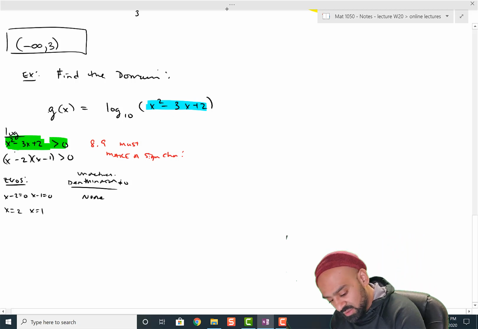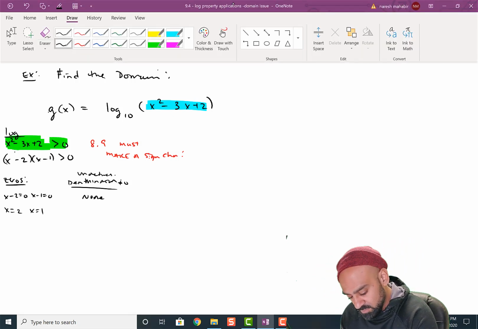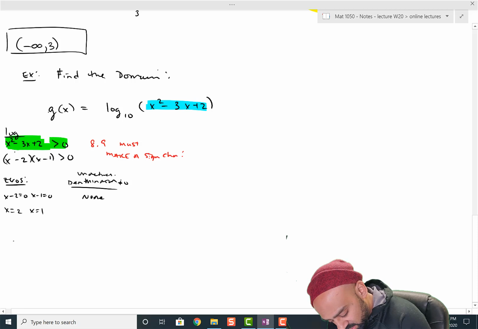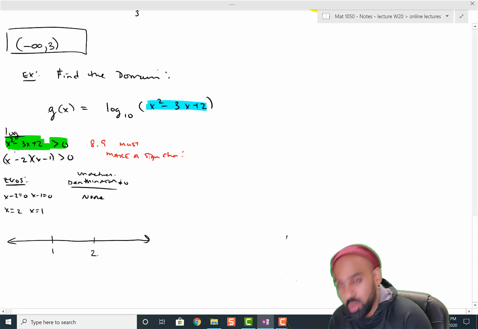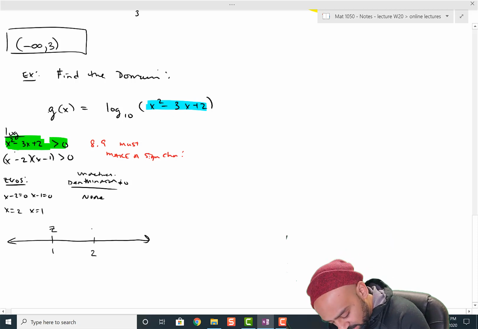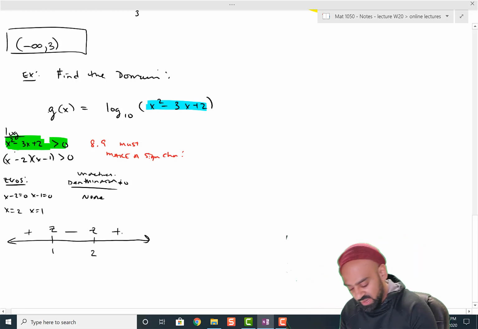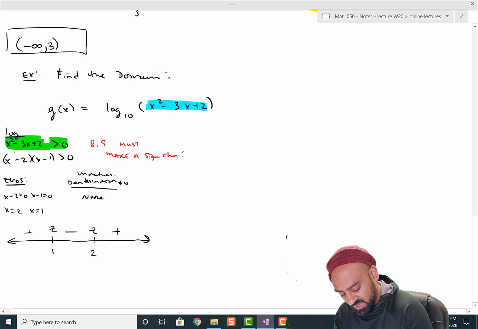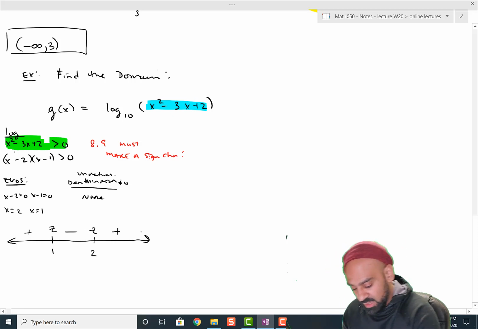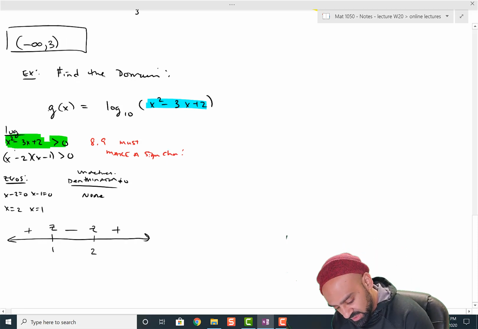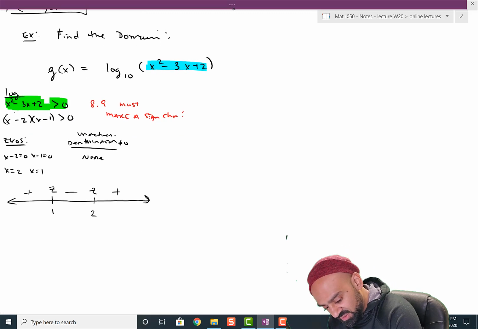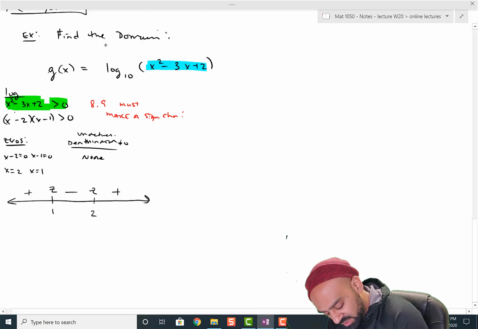So now let's rock and roll here. Let's put our numbers on our number line, our sign chart, and let's label them. They are zeros. When you plug in numbers and test points, I'm getting positive, negative, positive, because of a negative times a negative, a positive times a negative, and a positive times a positive. Now they're looking for where it's strictly positive. So my answer to this inequality is going to be all of these positive guys,